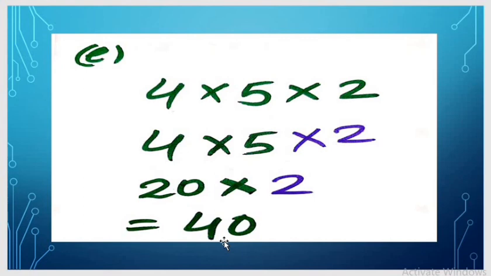This is your exercise number 3B, done here. I hope you all remember this, and I hope you understood all these questions of number 4. Okay, so now students, in the next session we are going to learn a new topic, box multiplication. But before starting, we do the revision of